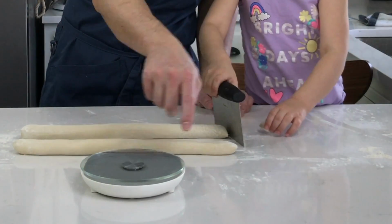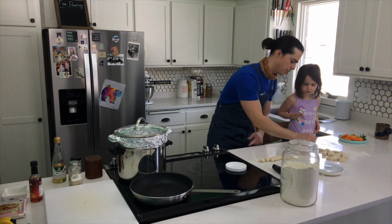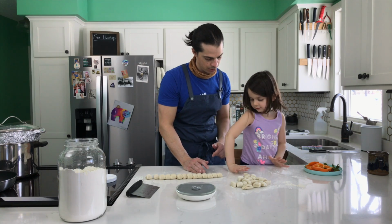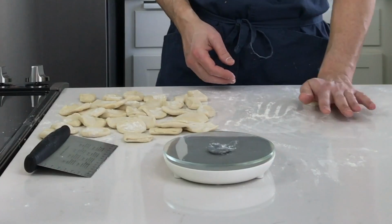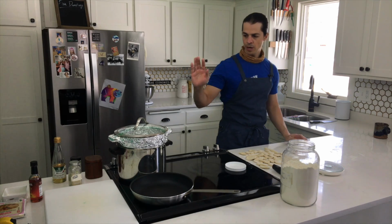Okay, now we're gonna put it on the scale. See how much it weighs. That's perfect. And we're gonna take the heel of our palm, you're gonna push down and make a little disc. Not too hard, but just enough. That's perfect. We're going to take a rolling pin and roll these out, and then from there it's gonna go